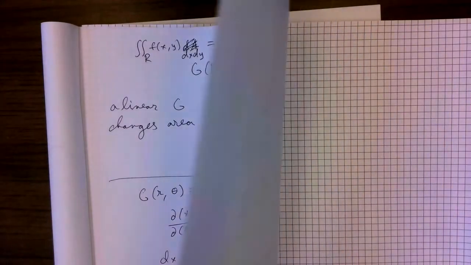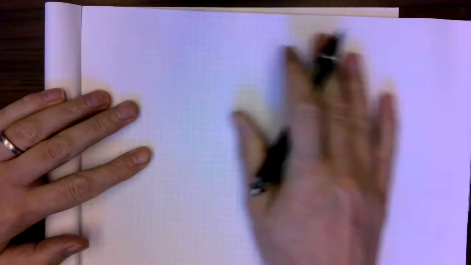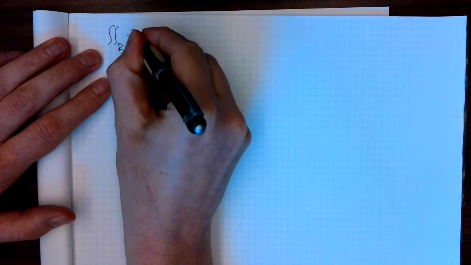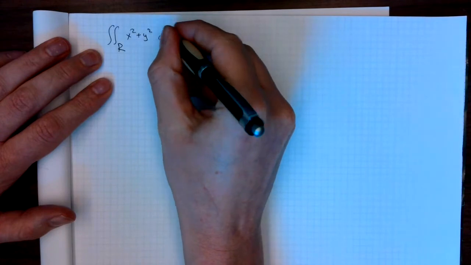Well, let's do a couple of examples just so that you see how this actually works, and for something else, not just polar coordinates. The same sort of thing is done in 3 variables, so cylindrical coordinates and spherical coordinates, it's sort of the same idea, right? So let's suppose that we want to integrate x squared plus y squared dA